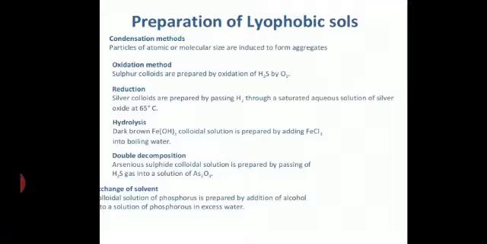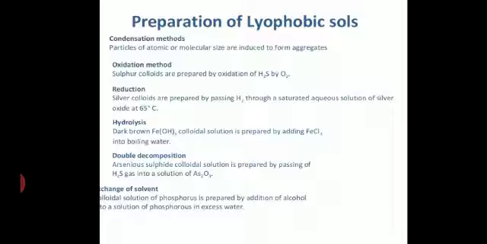Now write down the reactions. H2S plus Br2 gives S plus 2HBr. Below S you write colloidal sulfur. What I said, H2S plus Br2. Here hydrogen sulfide is being oxidized to sulfur because loss of hydrogen is known as oxidation. Again I repeat the reaction, you can write it down. H2S plus Br2 gives S plus 2HBr. Below S you write colloidal sulfur.